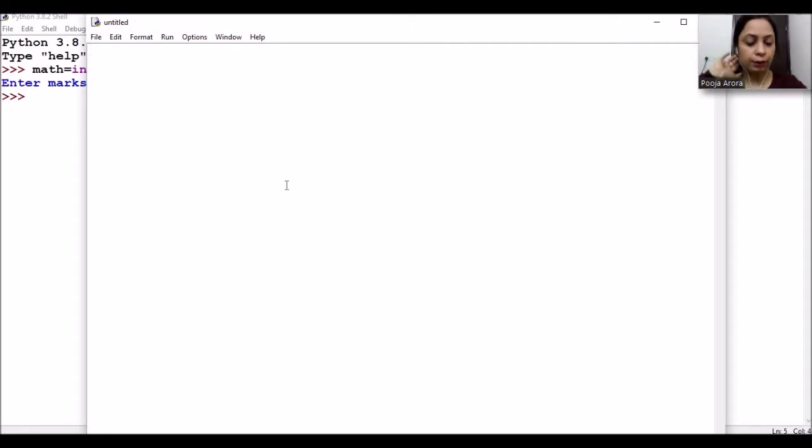Now the same program I will type here: math equals to int input, marks in maths, and I have to put quotes here because we know whatever is in the input command should go as a message.